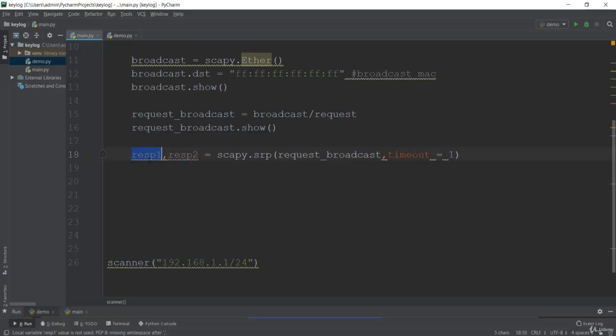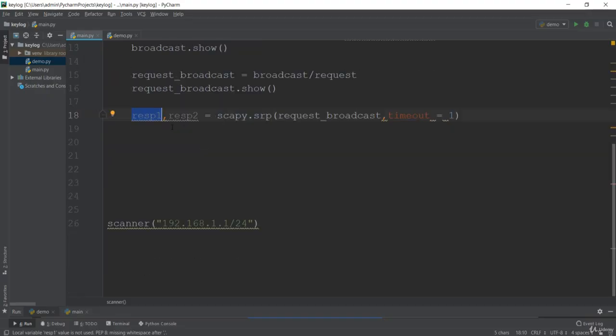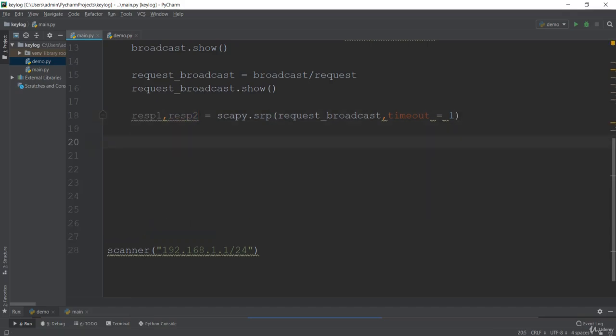These responses are stored in the form of a list. You can check the scapy documentation, where it is written that these responses, answered and unanswered, are in the form of a list. If you remember what we learned in the list section, lists are iterable, which means we can loop over the list.